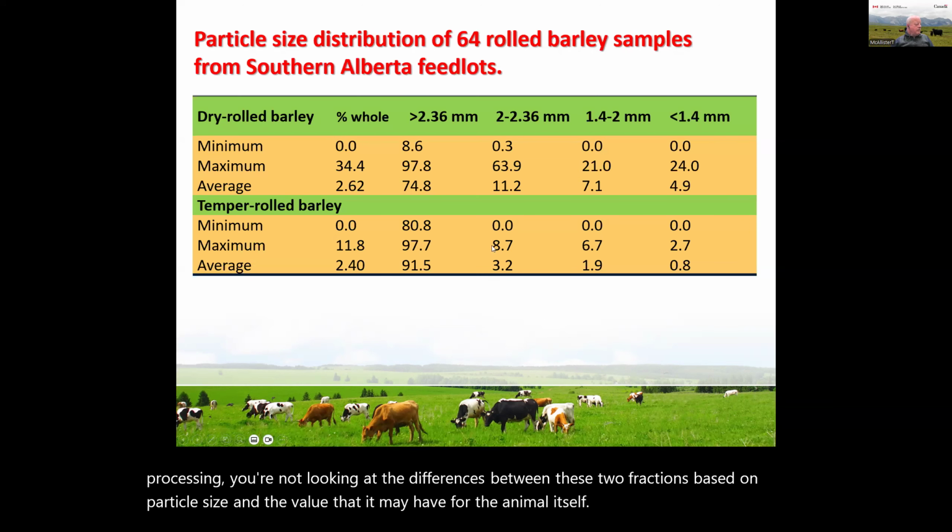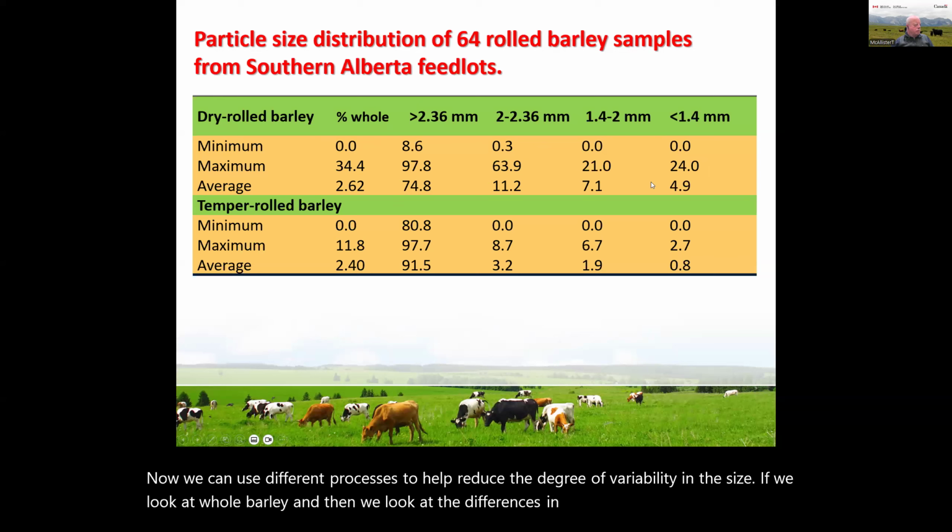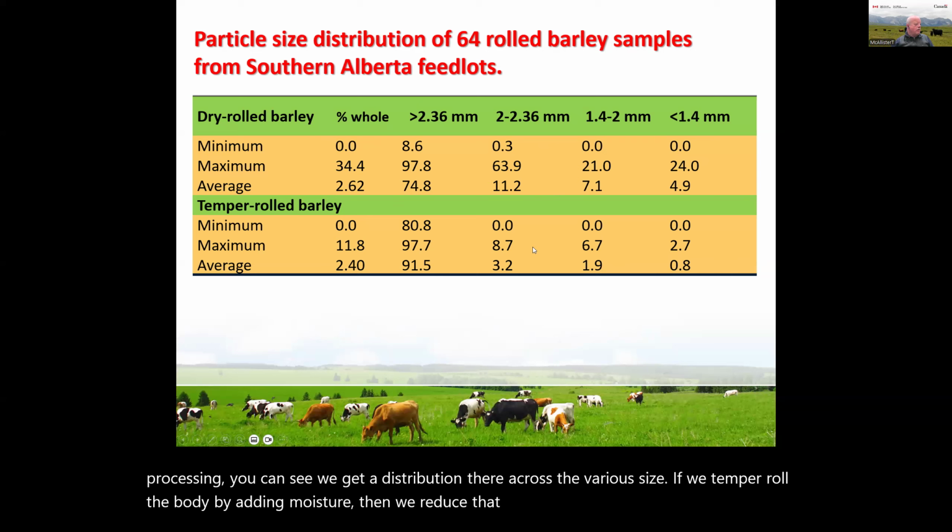Now, we can use different processes to help reduce the degree of variability in the size. If we look at whole barley, and then we look at the differences in particle size as a result of processing, you can see we get a distribution there across the various sizes. If we temper roll the barley by adding moisture, then we reduce that degree of variability and more of the barley